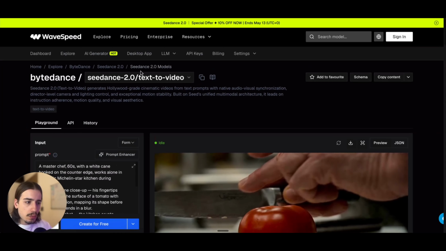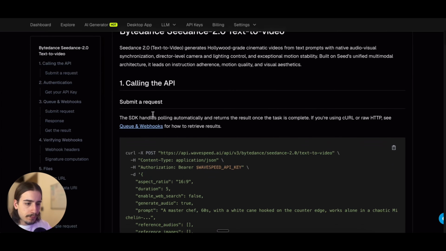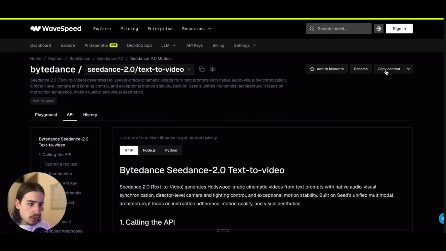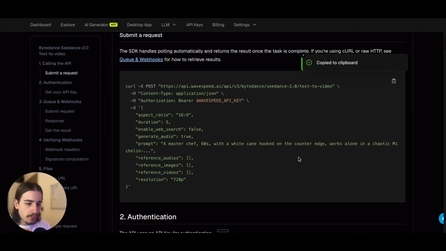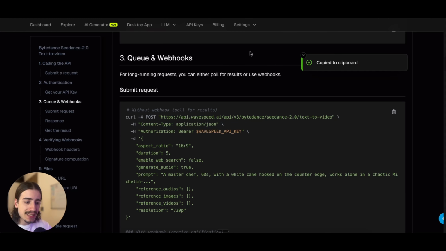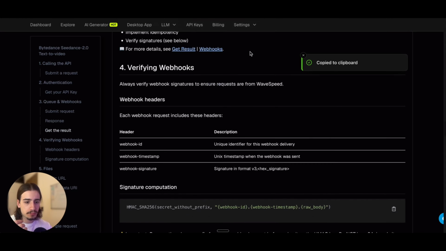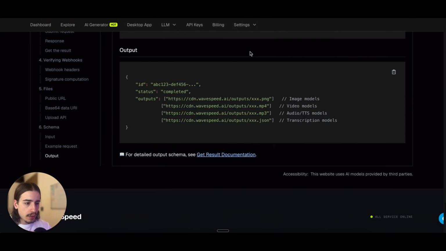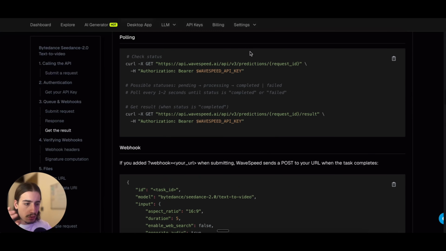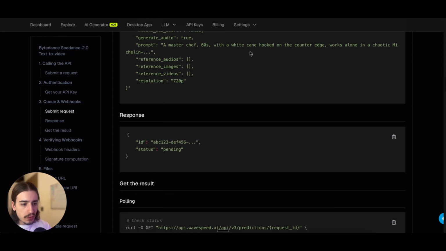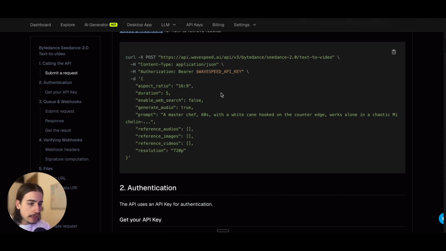And then we want to come to API here. Now what you want to do is you just want to click on copy content. So this is just copy and pasting all of this page's information, all this code here, how the request should look, how the request should be received, etc., etc. You don't really need to